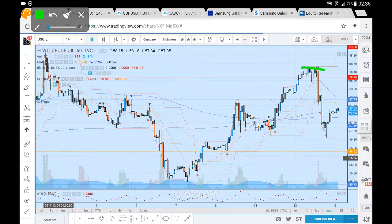Now, the fact that we've had this sell off, we've covered quite a bit of distance in a short period of time. I'm not sure if this is news related as well. This can be quite volatile. More recently though, we do appear to be recovering, so we'll see how prices react towards our 57.75,